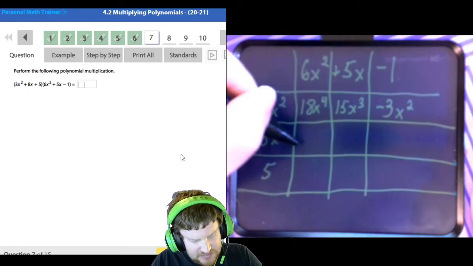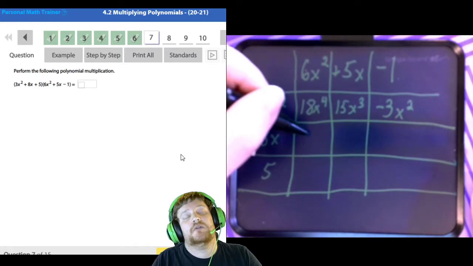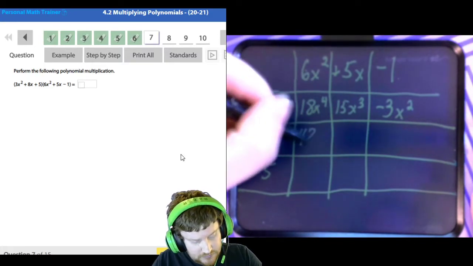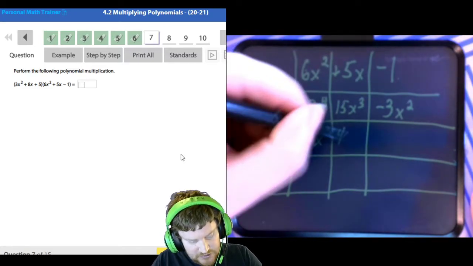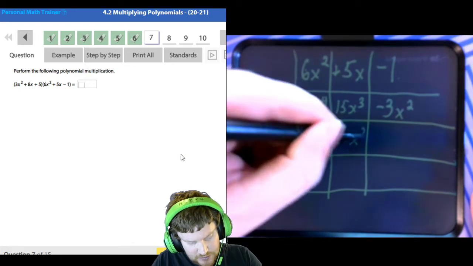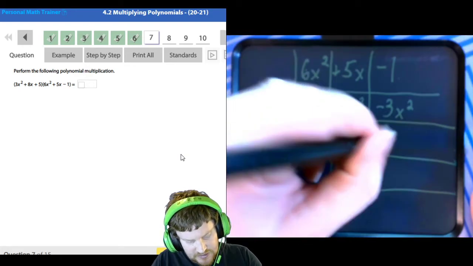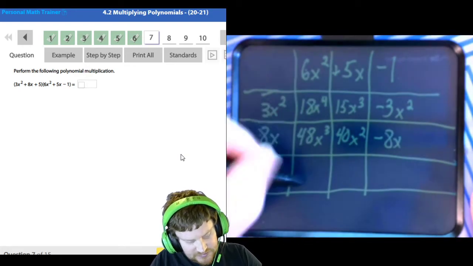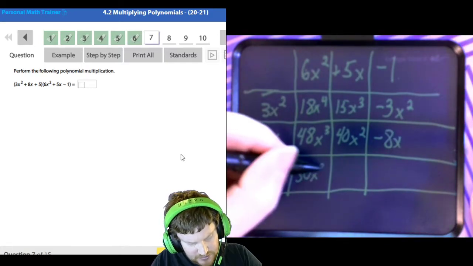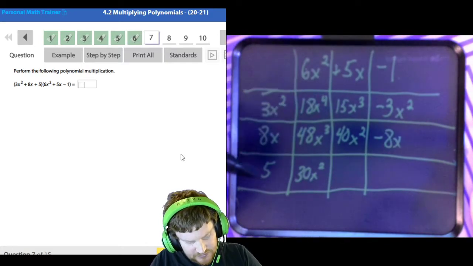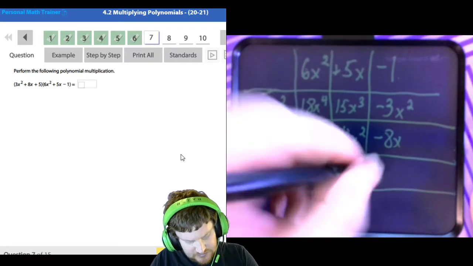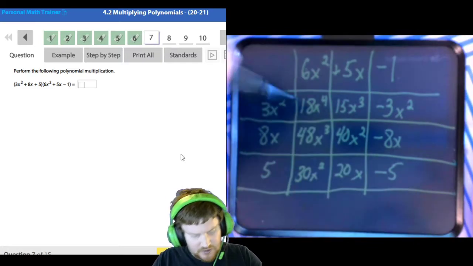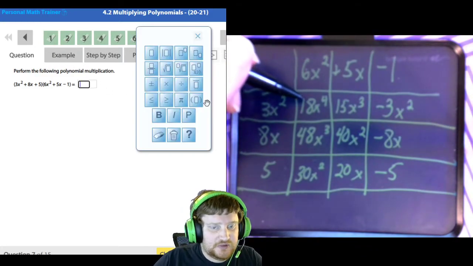6 times 8 is 48, x cubed. 5 times 8 is 40, x squared, negative 8x. 6 times 5 is 30x squared. 5 times 5 is 20x, negative 5. On my diagonals, I have